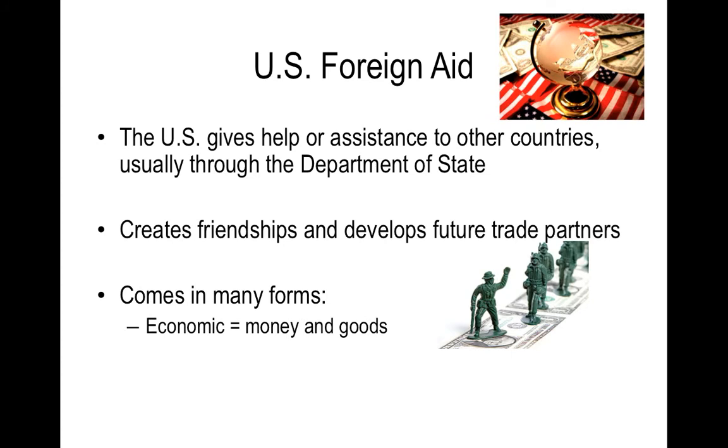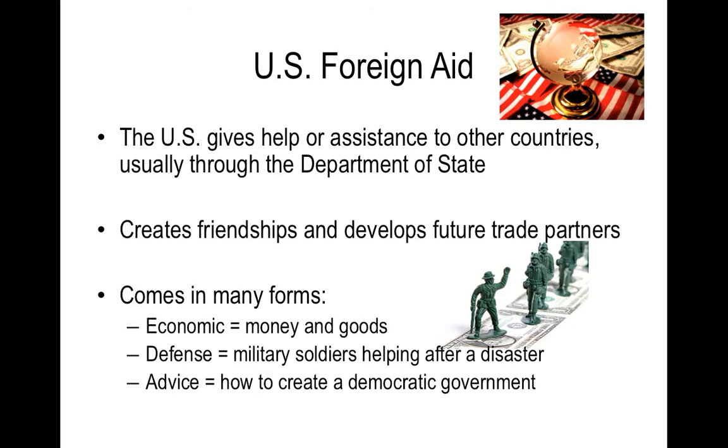The most common form is through economic foreign aid, and that's through money and through goods. That's like sending food to Africa and sending money to whoever needs it. Now, there's also a defense form of foreign aid, and that's by sending our military soldiers to help after a disaster. When the Philippines was hit by that hurricane a few months ago, I know a couple of my friends who are still in the military, stationed in Hawaii, went to the Philippines to help out after that hurricane.